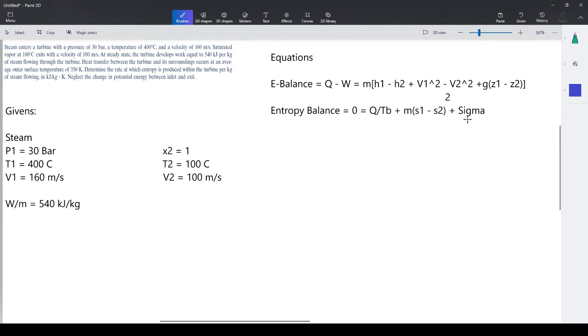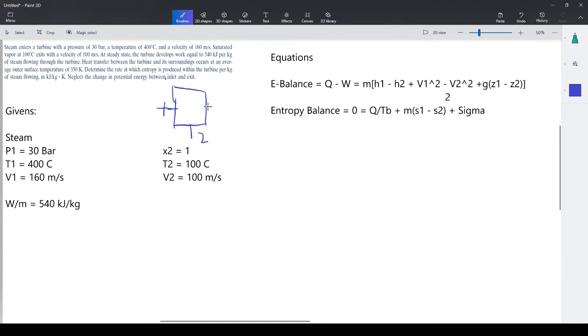So essentially think of it this way, this heat transfer, it is the boundary temperature, correct. So essentially what it is saying is that our turbine, I'm going to draw a really bad turbine here. Essentially we have inlet, so this will be 1. Sorry, I didn't want to shrink that up. So let's do 1 and 2.